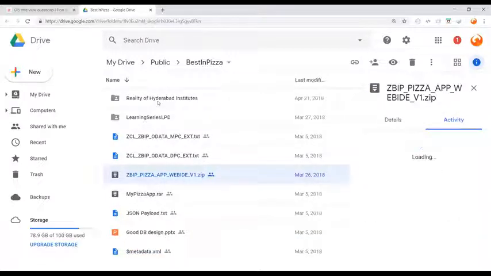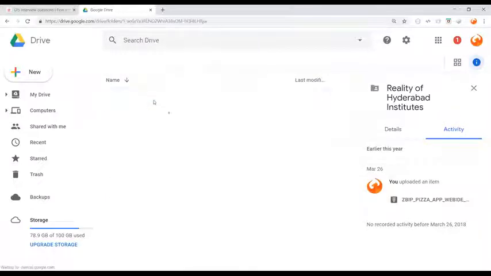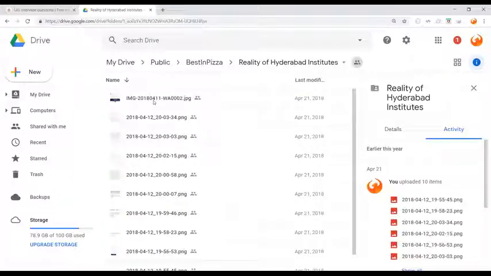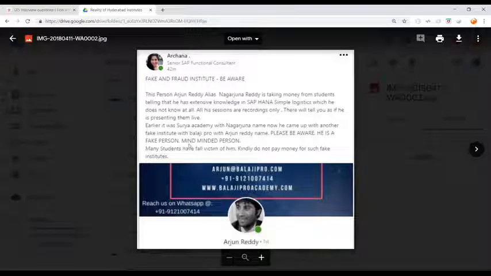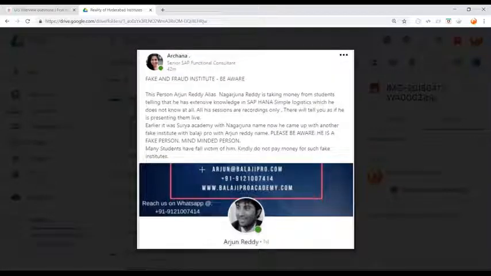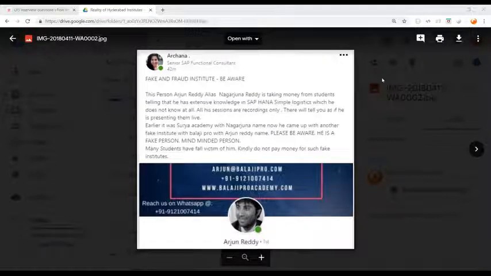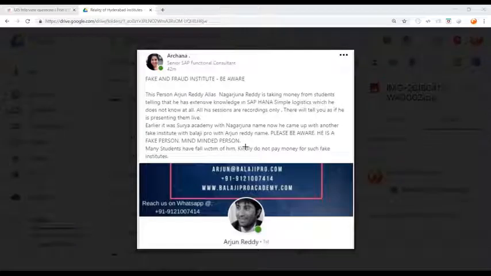And yet another interesting point, the reality of Hyderabadi institutes. Make your friends safe, safeguard them by not wasting your money. Tell your friends to be safe from these institutes. Don't waste your money behind these people. Don't waste your money. I have got an ample number of evidences against these institutes who are cheating students,